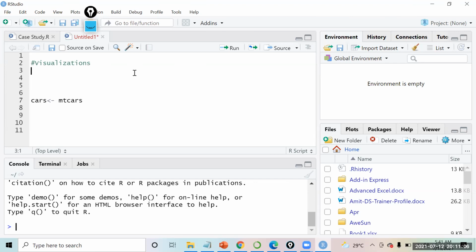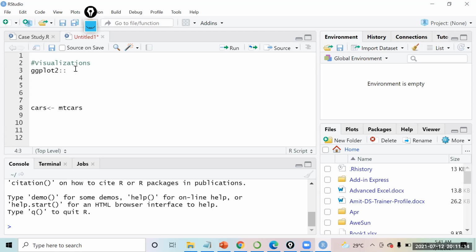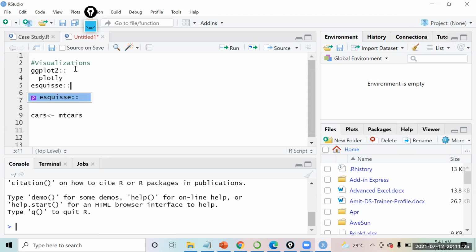For example, there is ggplot, there is plotly, and there are a couple of other packages available in R.